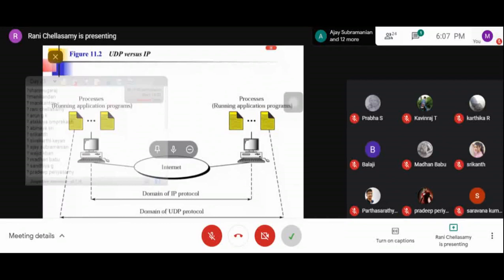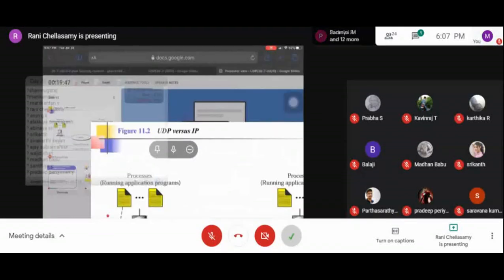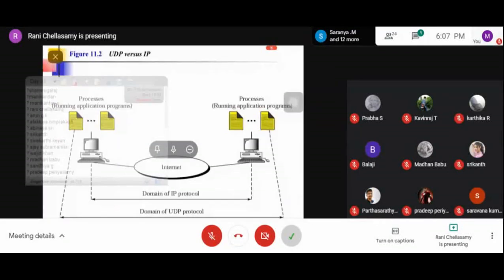Here you have the client process, and at the destination you have the server process. The UDP protocol provides communication from the client process to the server process.